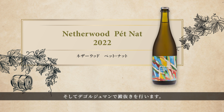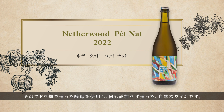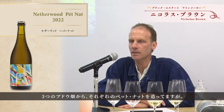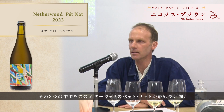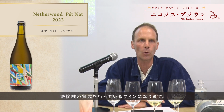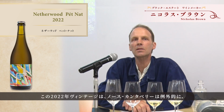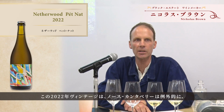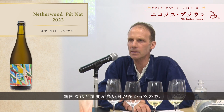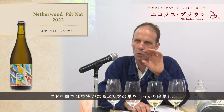This wine is a very clear example of biodynamic grapes plus vineyard yeast to make wine with no additives. We make 3 single vineyard Petnats, but the Netherwood Petnat is the one with the most time on fermentation lees before disgorgement. The 2022 harvest was unusually humid in North Canterbury, so this meant there was more removal of leaves